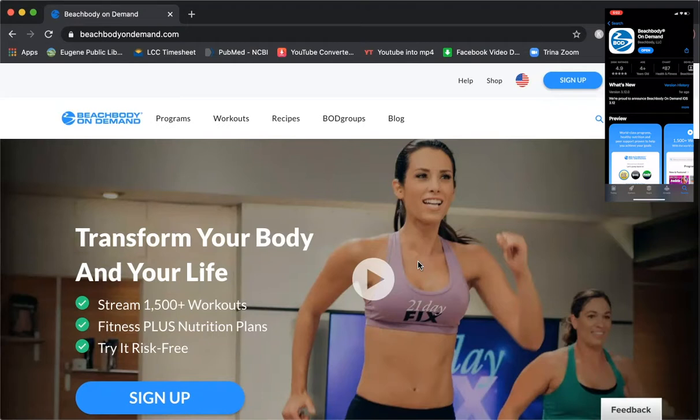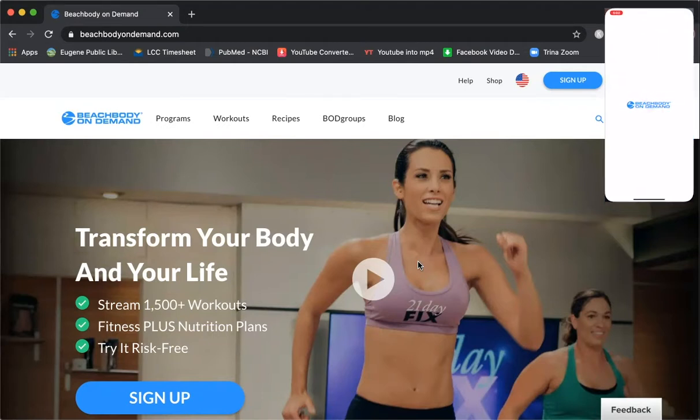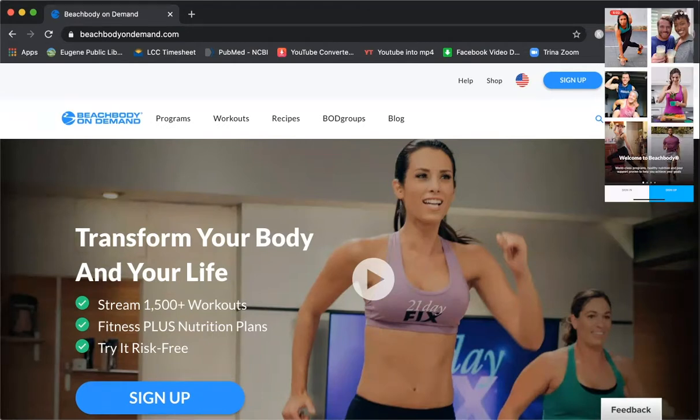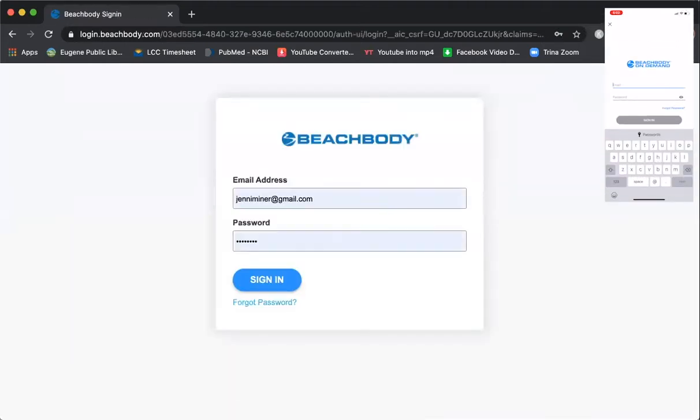Once you are established on the website or on your app, the next thing you want to do is log in. So I'm going to go ahead and log in. It is going to be the same information that you used in order to sign up for your Beachbody account. So I'm going to go ahead and enter that email address and the password associated with it